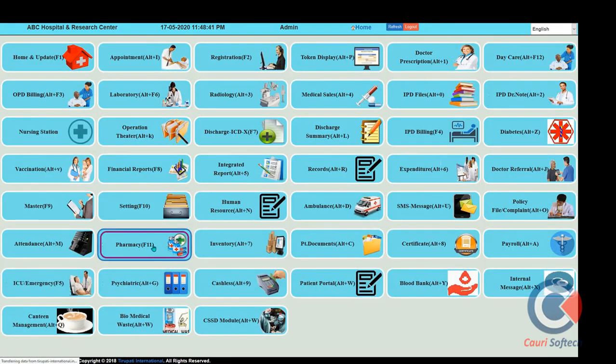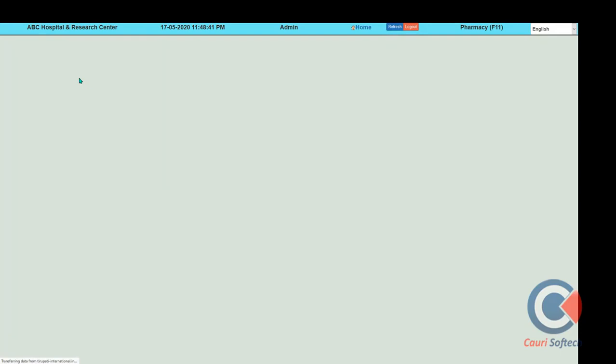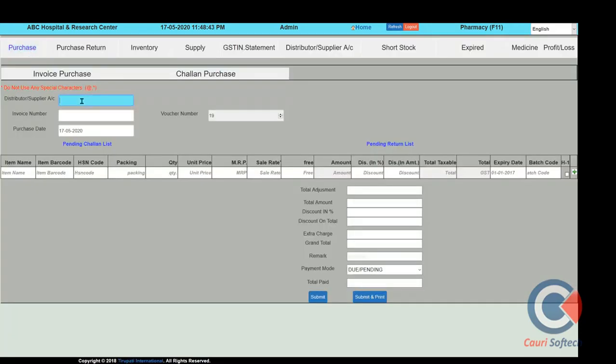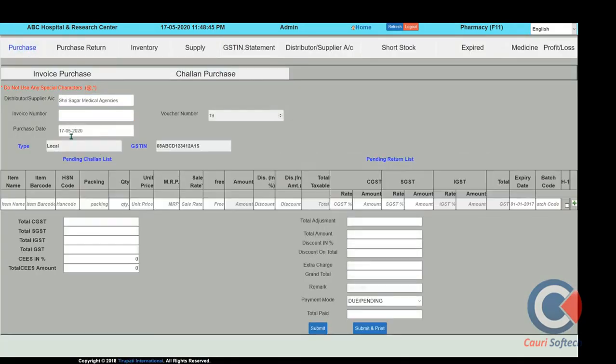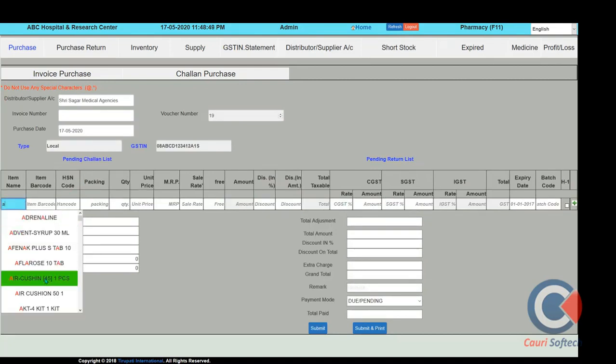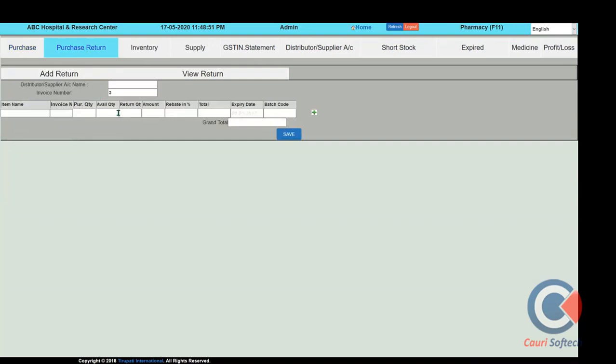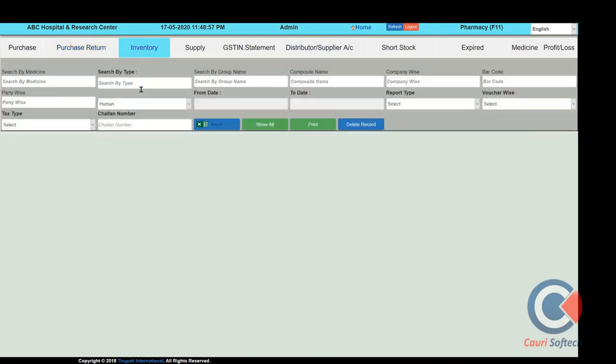After that, the pharmacy section, where the pharmacist handles total central purchase, stock management, and party accounting, all of it is there. You can put the purchase entry with item-wise information, and the purchase return report. We can return damaged and expired medicine to the respective party. In the inventory section, we can access item names, medicine, group-wise, composition, and many different stock reports for the pharmacy section.